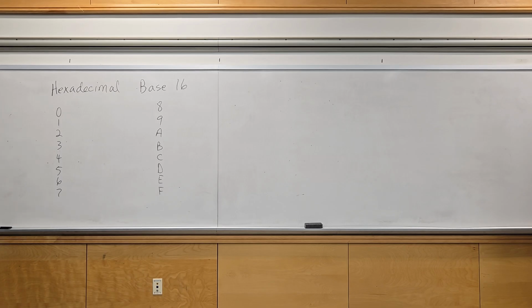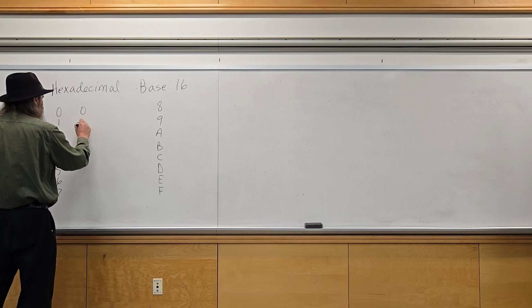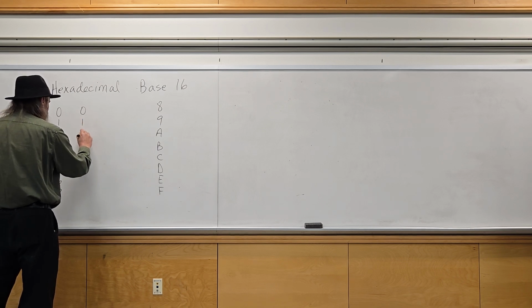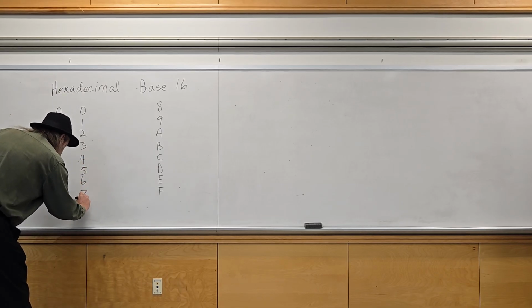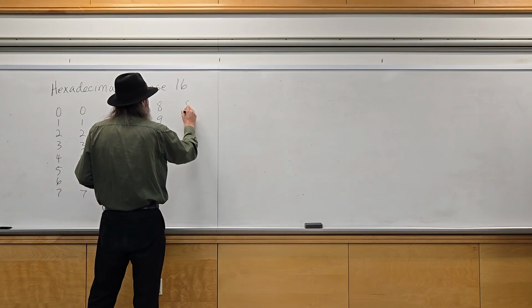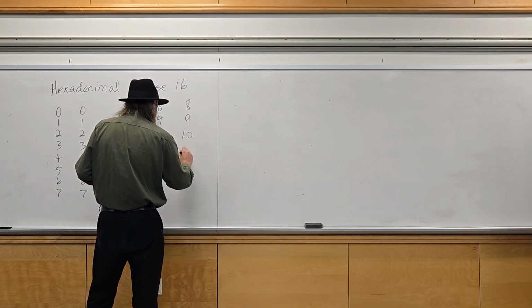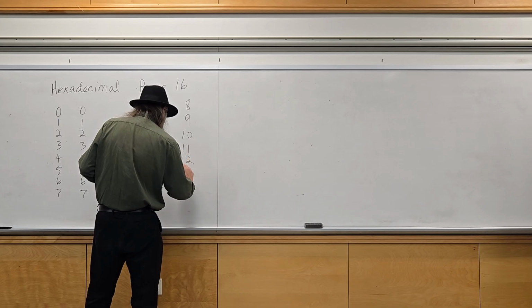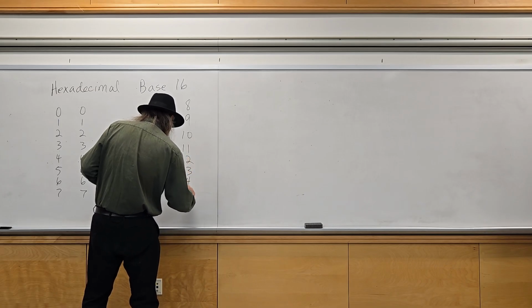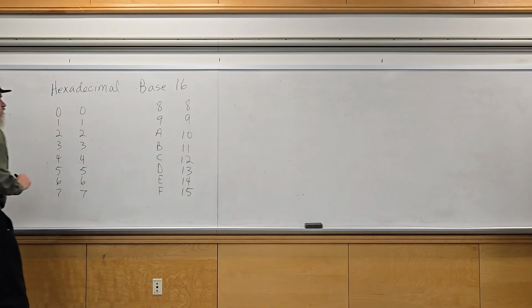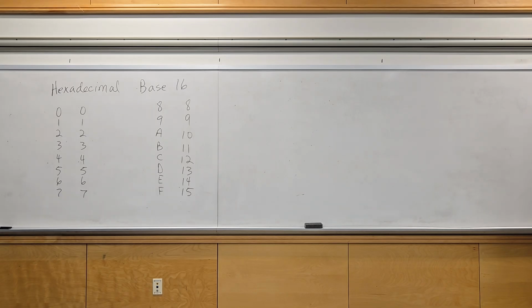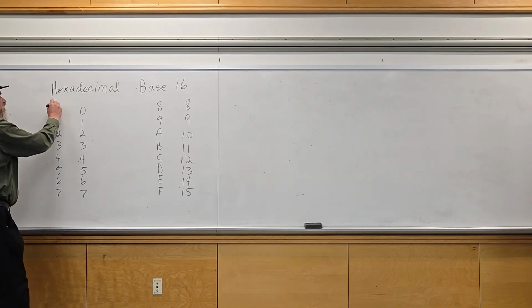So it's 0 through 9, then A, B, C, D, E, and F. These correspond, of course, to the decimal values 0 through 15. Okay, so that's hex,